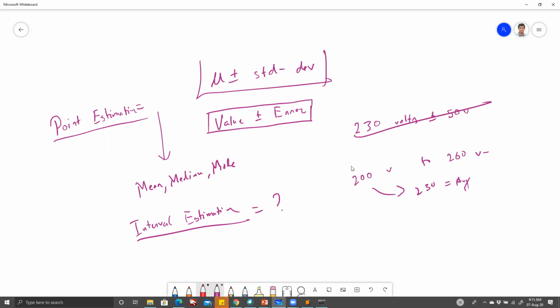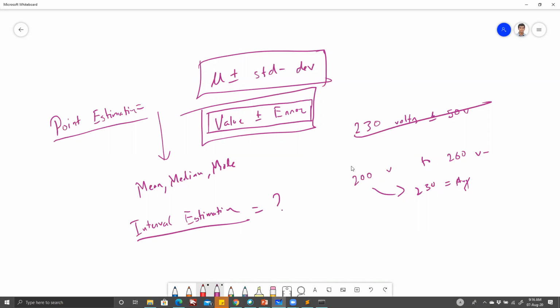Basically, rather than you telling me that your bike will give you 45 or 50 kilometers per liter, you give me an interval. You will say, okay, my bike basically goes from somewhere from 45 kilometers to 54 or 55 kilometers on 1 liter. Now this gets very tricky after a while, and you will see why, because there is this idea of confidence interval that also needs to be told here.